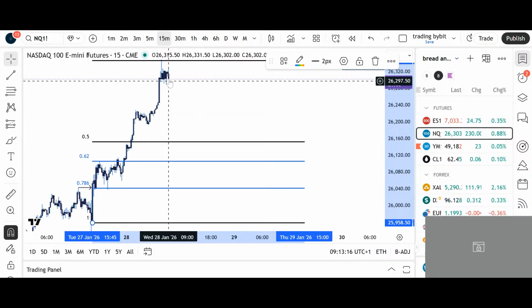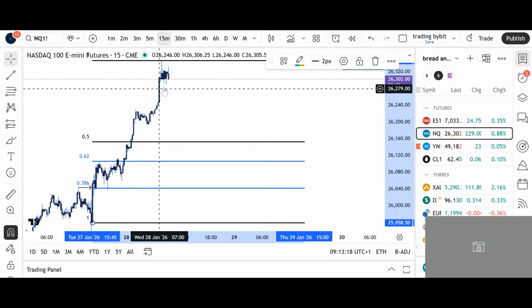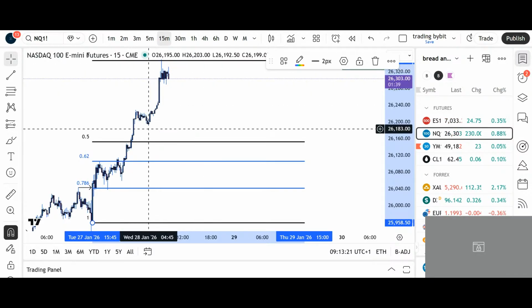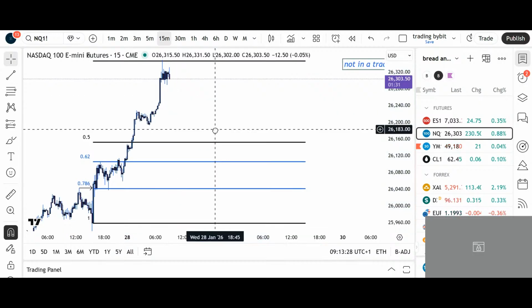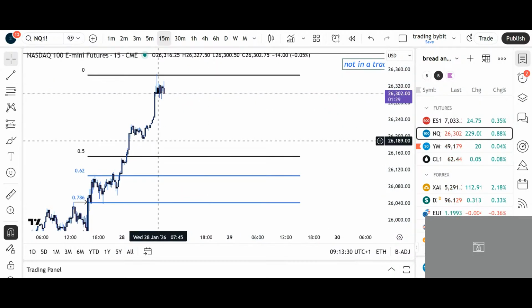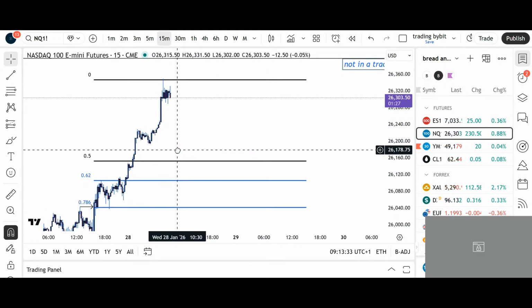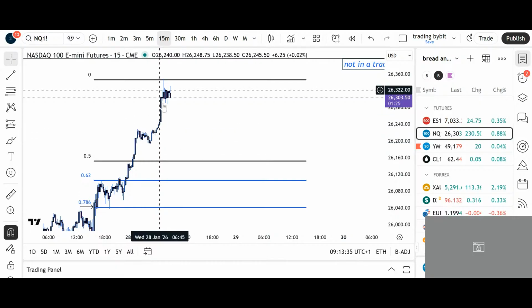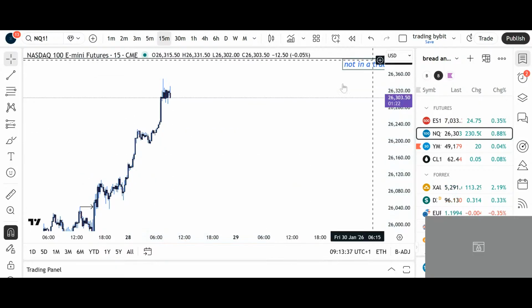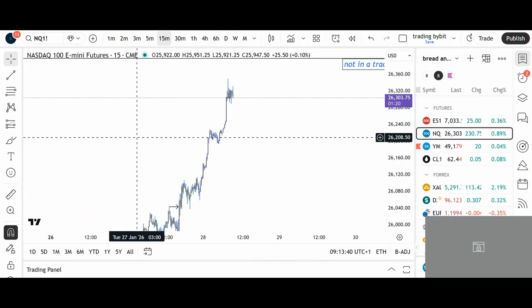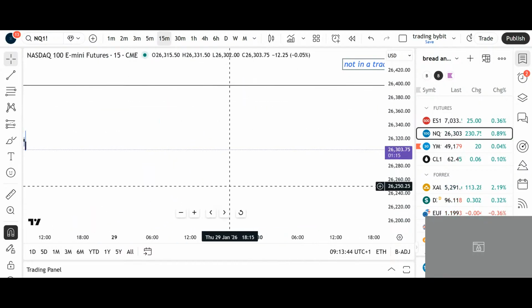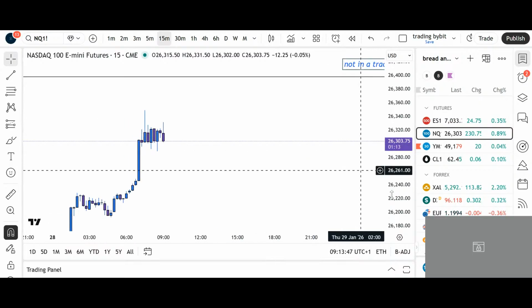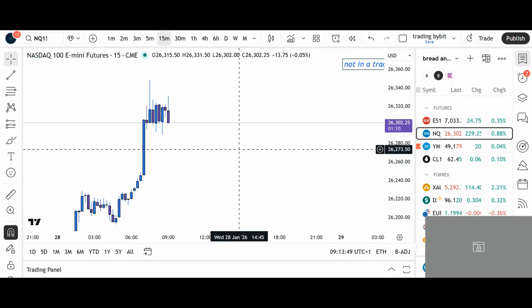So if we take some liquidity right here, that would be a great sign that the market wants to continue back up. We don't need to take it all the way back to 26,191. I don't believe that will happen. Because the market, if we push 200 points up, just that open, that means that the market definitely is heading for liquidity, and the only huge liquidity pool that we have is all-time high right now. So any huge retracement that we have would be a nice indication that we can short off of it.